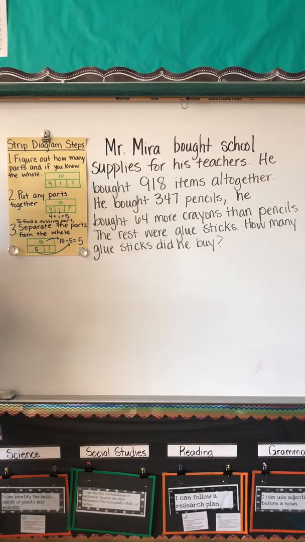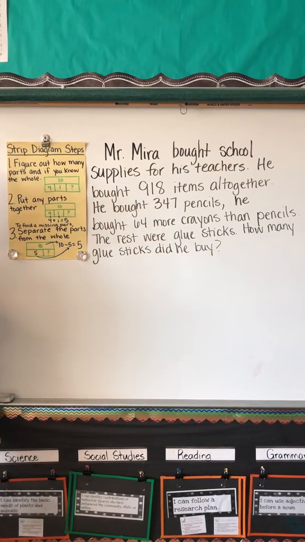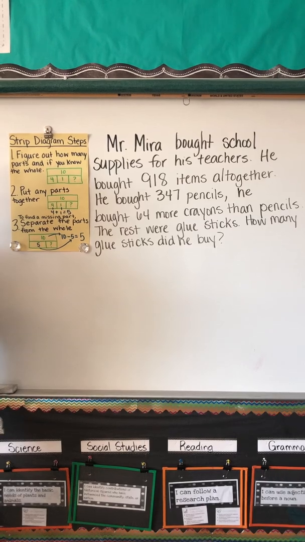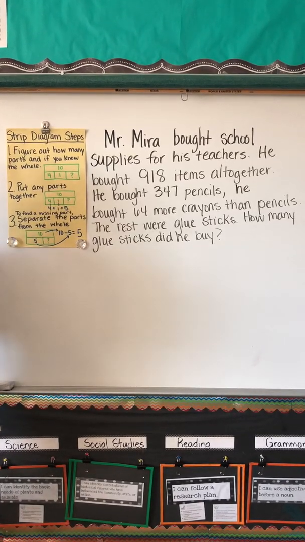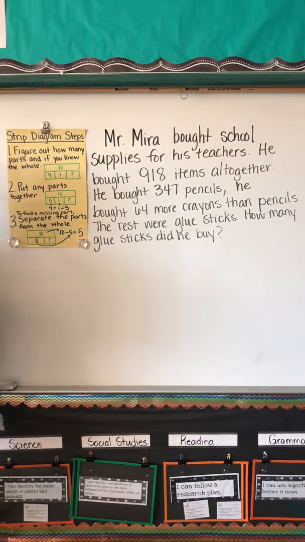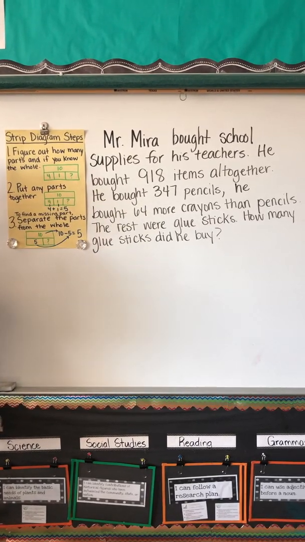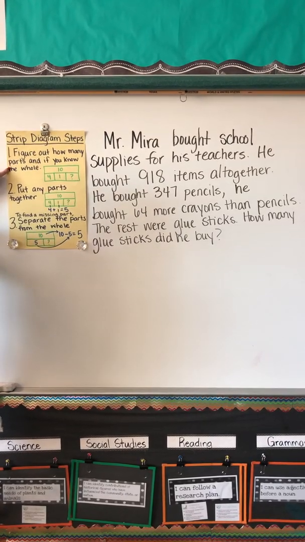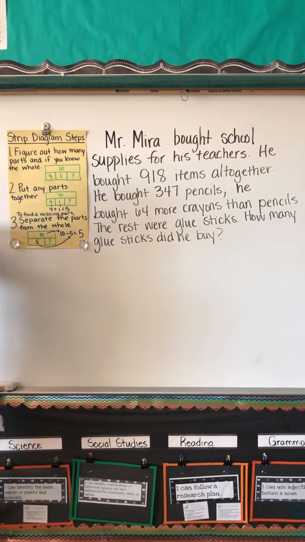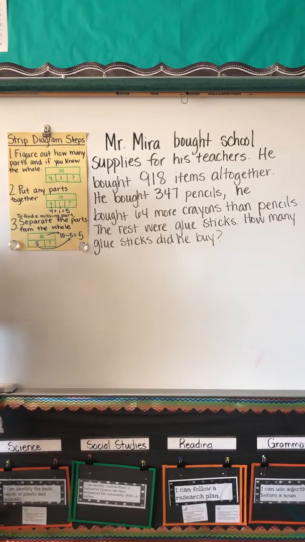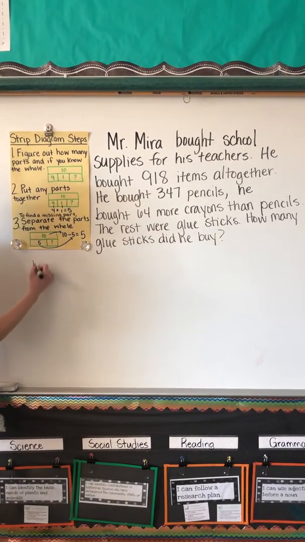So today my word problem says, Mr. Mira bought school supplies for his teachers. He bought 918 items altogether. He bought 347 pencils. He bought 64 more crayons than pencils, and the rest were glue sticks. How many glue sticks did he buy? If we look at our strip diagram anchor chart, it says we need to figure out how many parts are in this problem and if we know the whole. So we're going to start by drawing our strip diagram